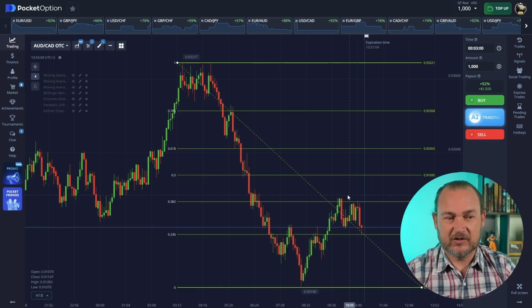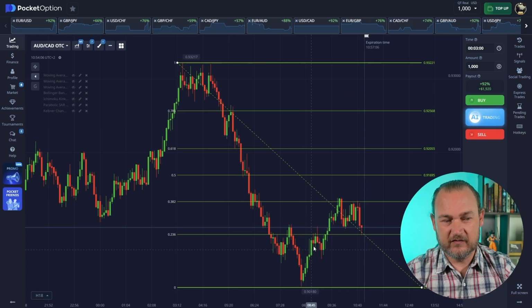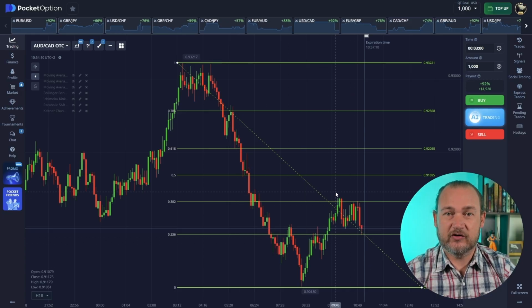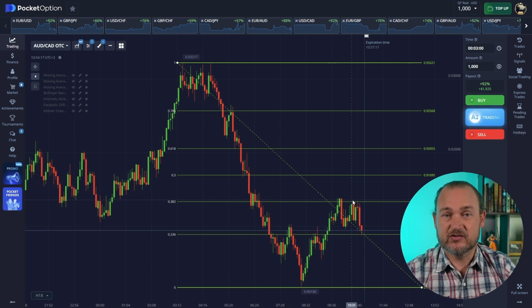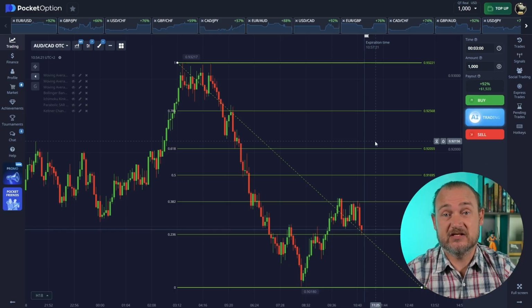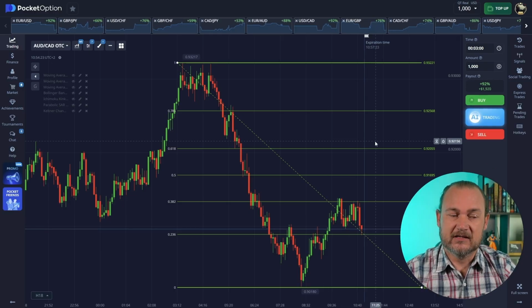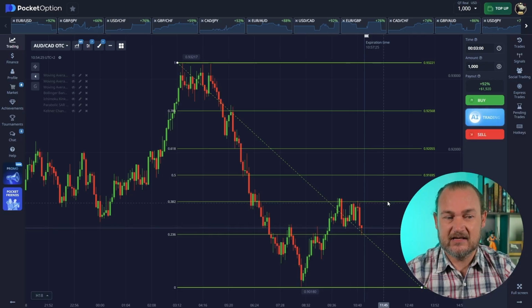So we can see that even if we drew this in while price was here, we would have had an area where we could have been on the lookout for an entry. It doesn't mean we're simply going to take entries as soon as price hits the line, because quite often it will simply continue moving through the line. But it does give us an area to look at, to be vigilant,